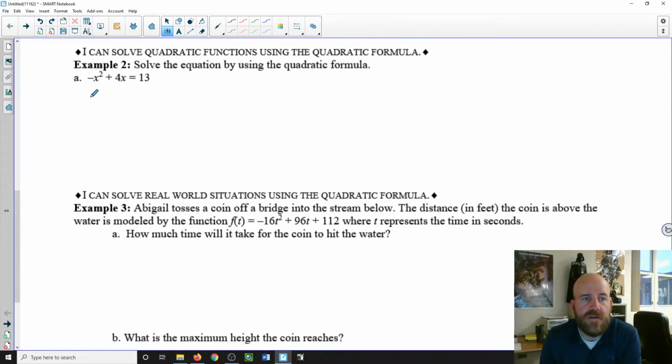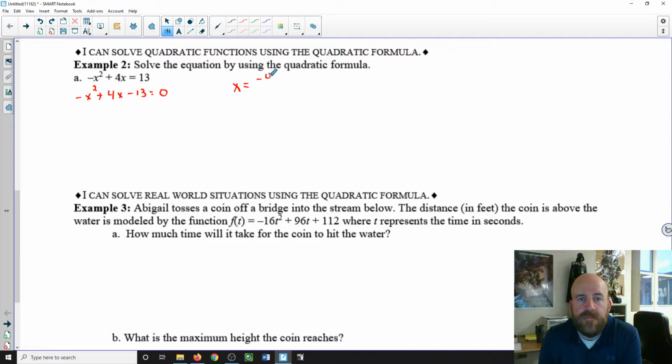So again, we're going to move. Now you can move everything to the left or the right. It does not matter. So we need to move that 13 over. So subtract 13. Now we can go ahead and plug in. So we have x equals, I'll do it up here,